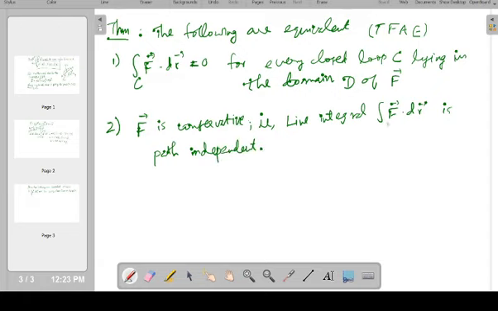So this line integral depends only on the initial and final points A and B, not the in-between points of that path. That is, the value of the integral depends